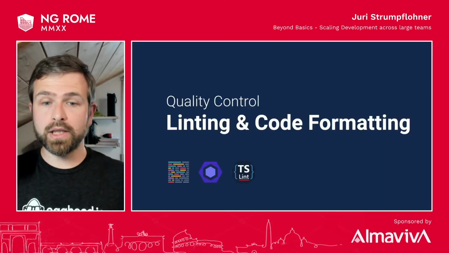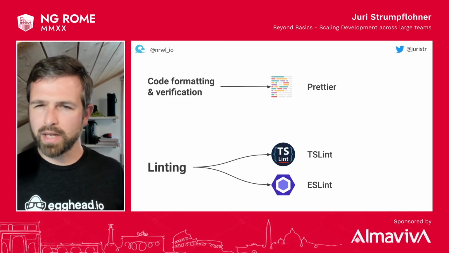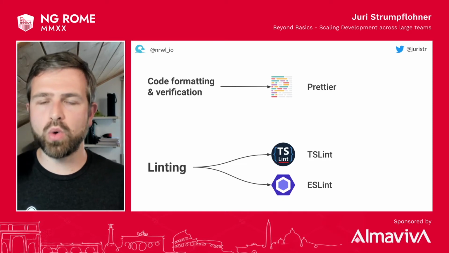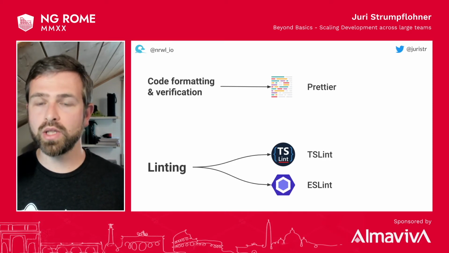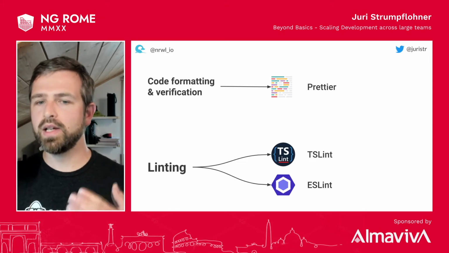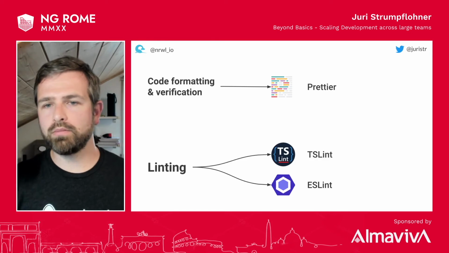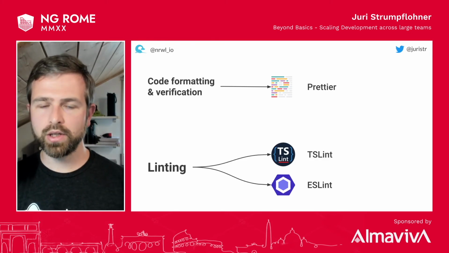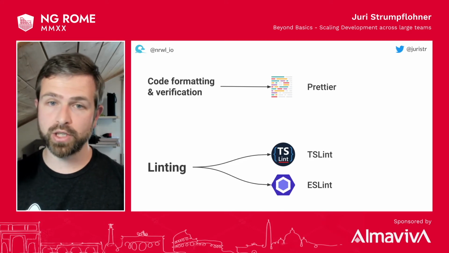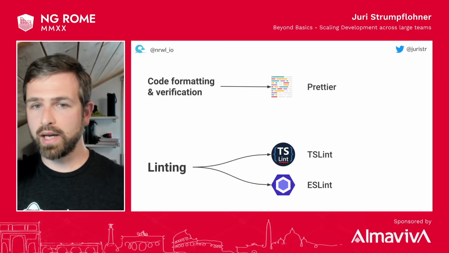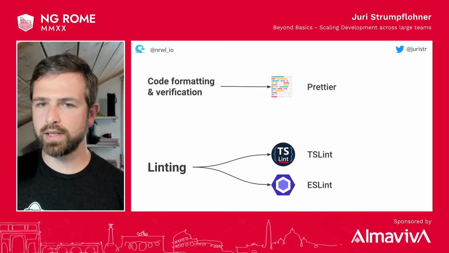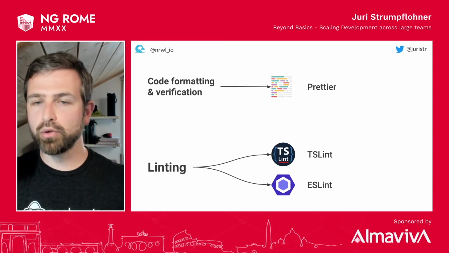Finally, also about linting and code formatting. It might not seem that important, but it actually is very important, because you shouldn't have to worry about the formatting of your code, but you still should have something in place, because otherwise you might run into strange merge conflicts, which again slows down your team. So NX comes already with a pre-configured Prettier setup. And in terms of linting, we also now support ESLint for Angular projects. TSLint is going to be deprecated by the end of the year. So we already provided some starting support for ESLint, and we are hard at work on improving that in the coming weeks.